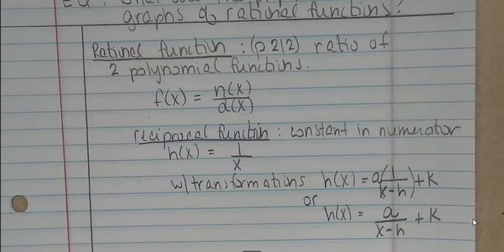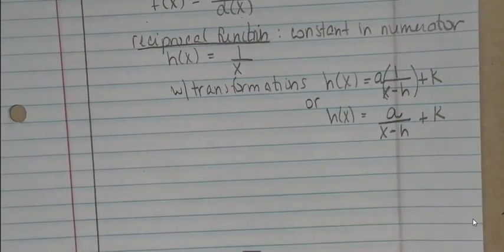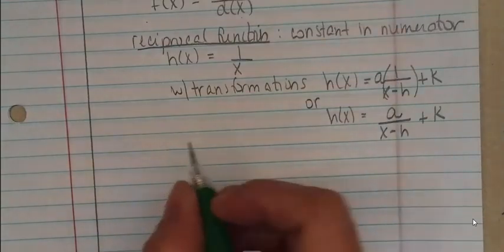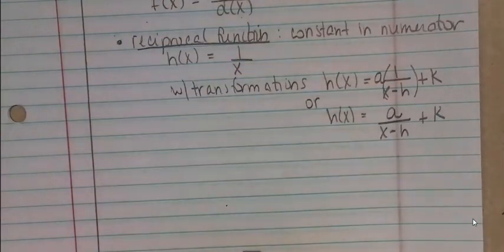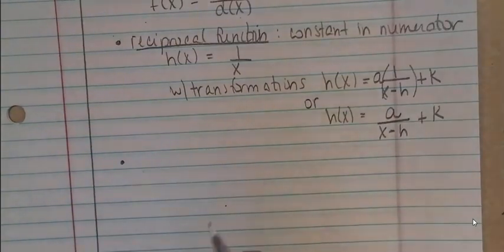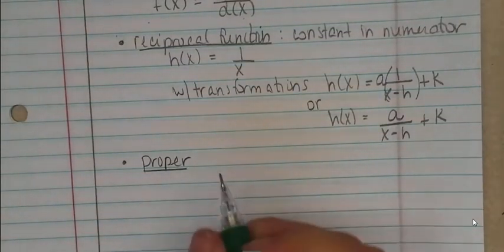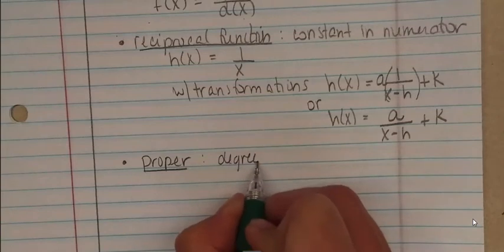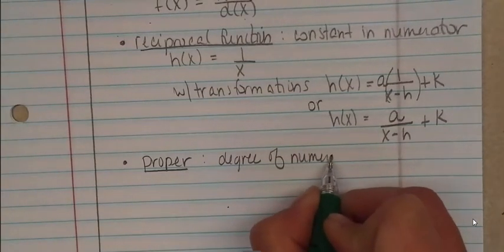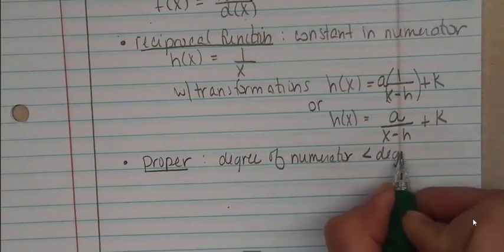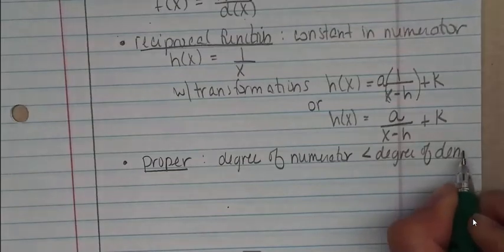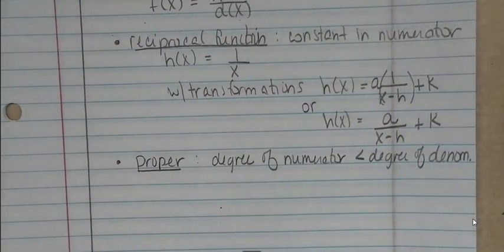And what we said about this, well, actually, let me come to that in a minute. So we have two different types of rational functions. One is a proper. So let's see, we've got the reciprocal function. I'm going to put kind of a dot there. We've got a proper rational function. So a proper rational function is where you have the degree of numerator less than degree of denominator. I'm running out of room, so I'm going to abbreviate. Right, just like any proper fraction, okay? The degree of the numerator is going to be less than the degree of the denominator